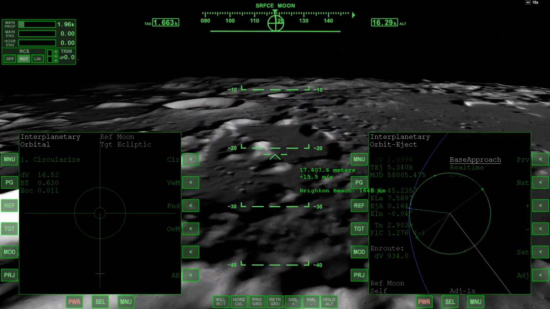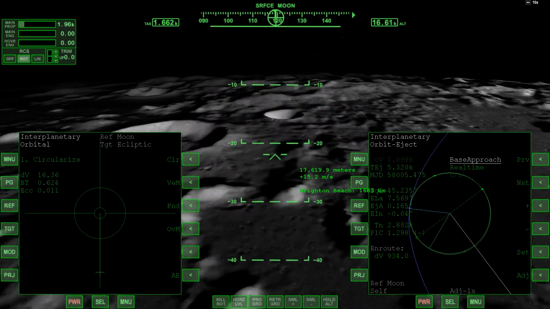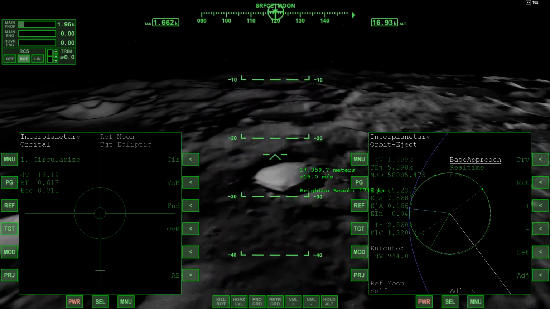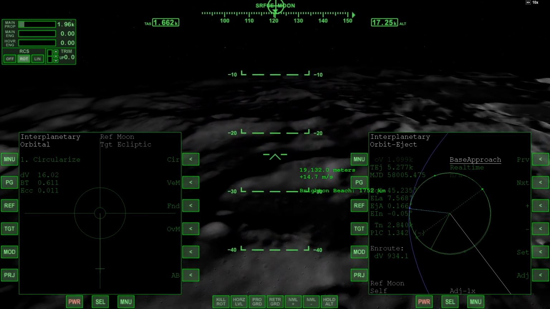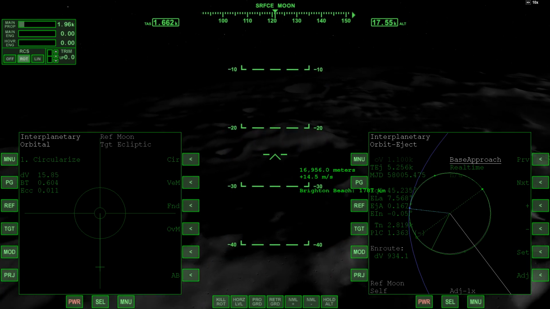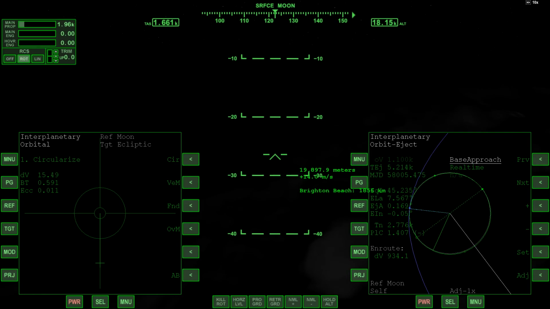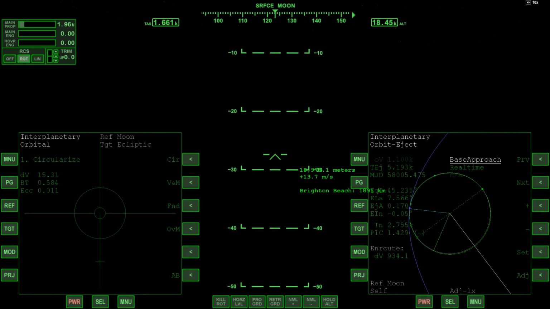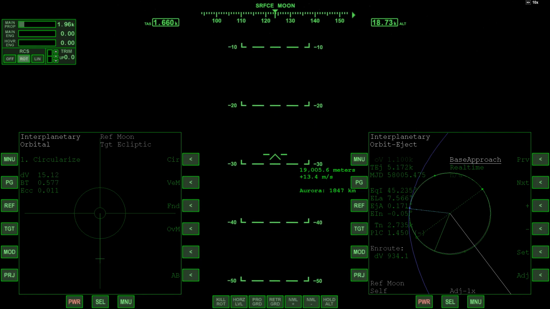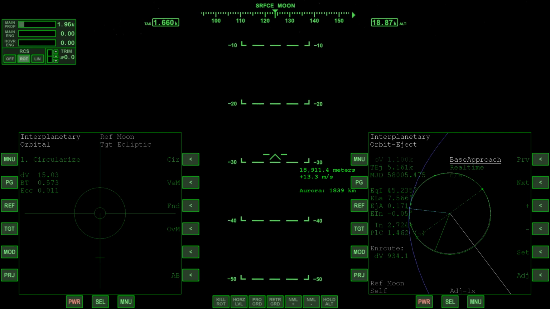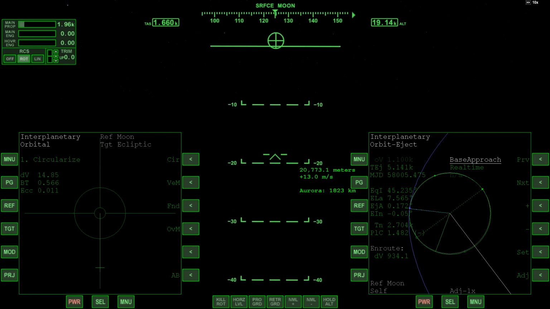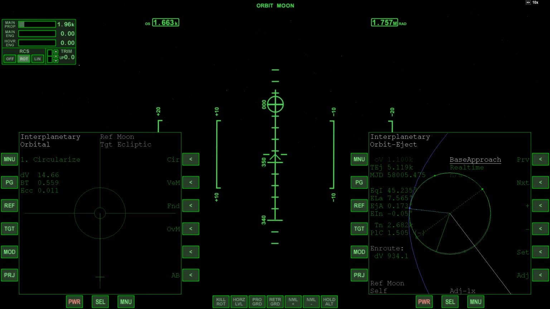So we're approaching lunar sunset here. Just enjoying the views. We're at 10 times acceleration, and we're approaching apoapsis. So I'm just going to rotate to keep the vessel pointed prograde, because we know we're going to have to burn prograde to circularize the orbit.